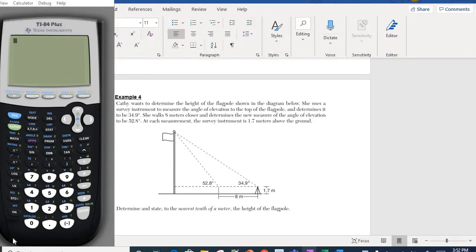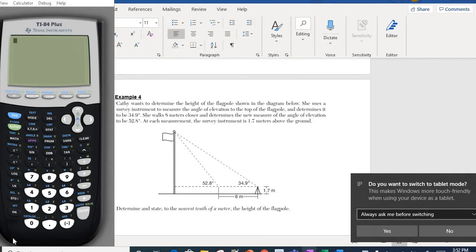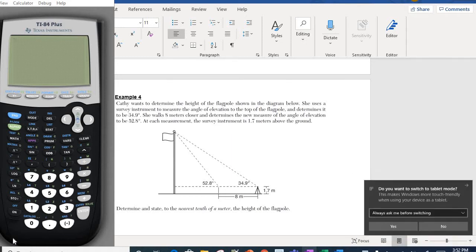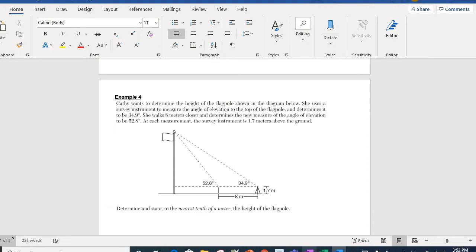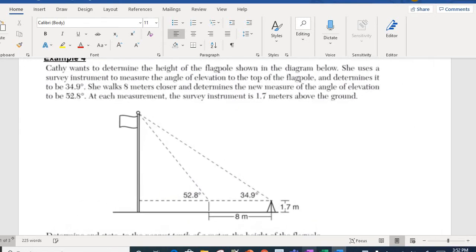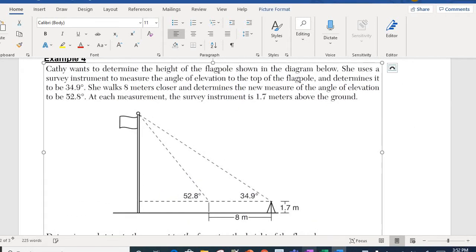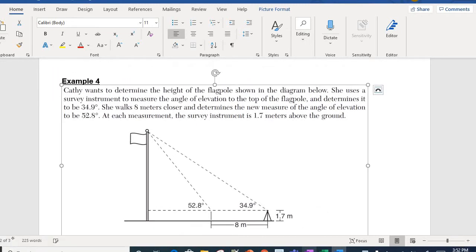Okay, everybody, so this is going to be part 2 of the Trig apps lesson. What we're going to do is continue working with double trig triangles and finding missing sides. So the first question here says that Kathy wants to determine the height of a flagpole as shown in